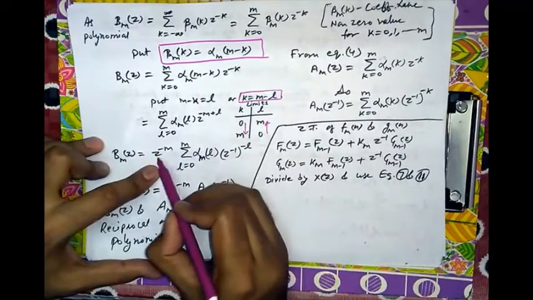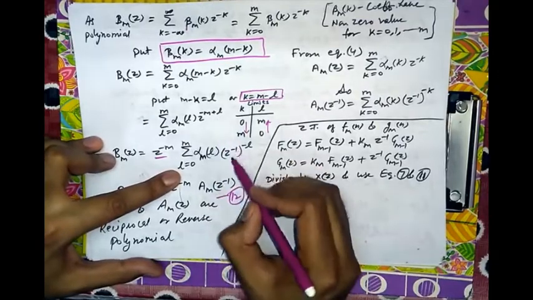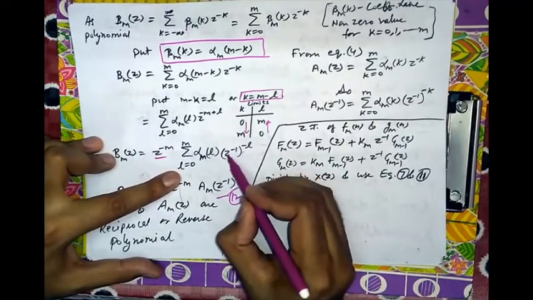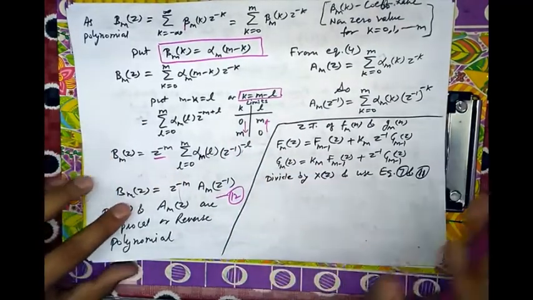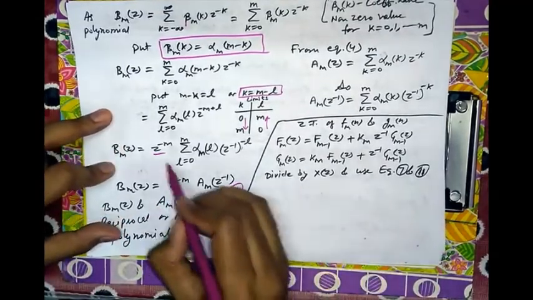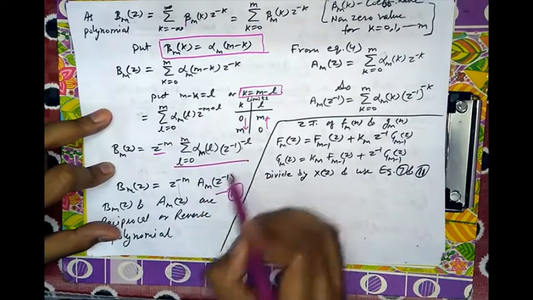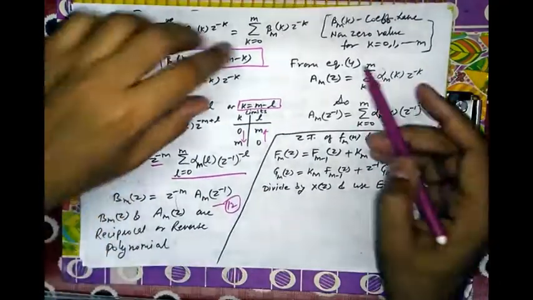Z raised to power minus m is taken out, and z raised to power L remains. Z raised to power L can be written as z raised to power minus 1 raised to power minus L, just for convenience. Okay, then in this form, you can see that this is the structure from equation number 4, A_m(z)